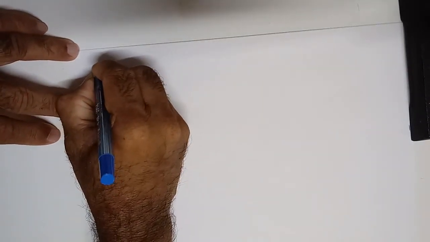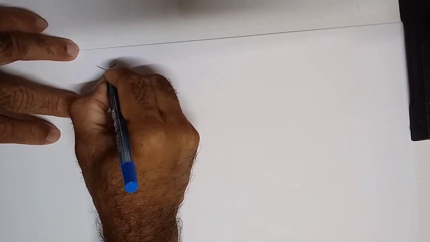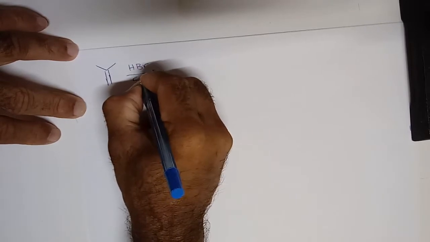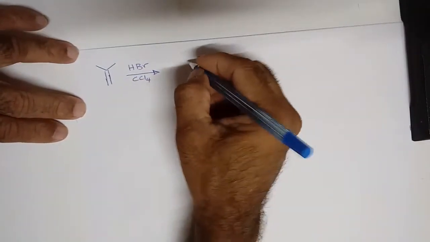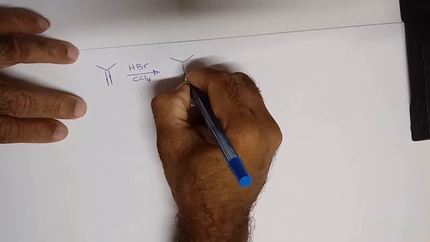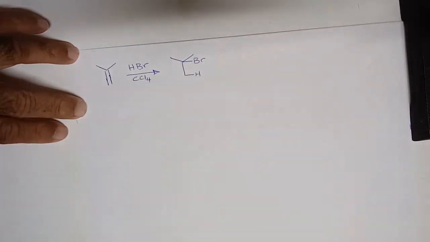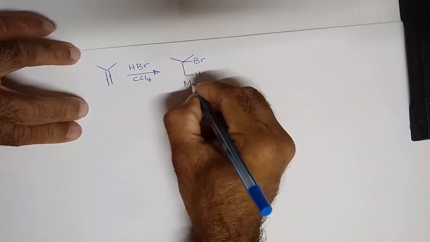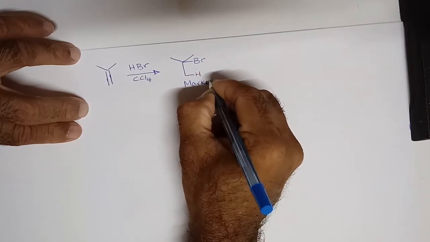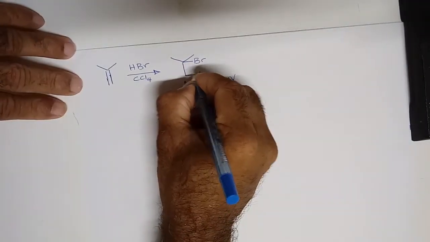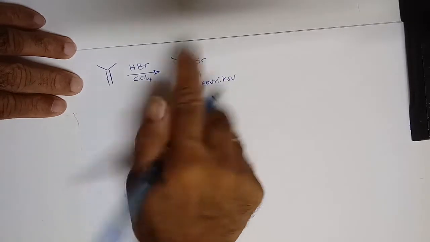A reaction that we overlooked was this. If I take an alkene, treat it with HBr in CCl4, we can easily say that this gives, as Markovnikov ordered us, bromine goes there and H goes there, right? This is what we call Markovnikov product. By definition, Markovnikov said H goes to the less substituted carbon,